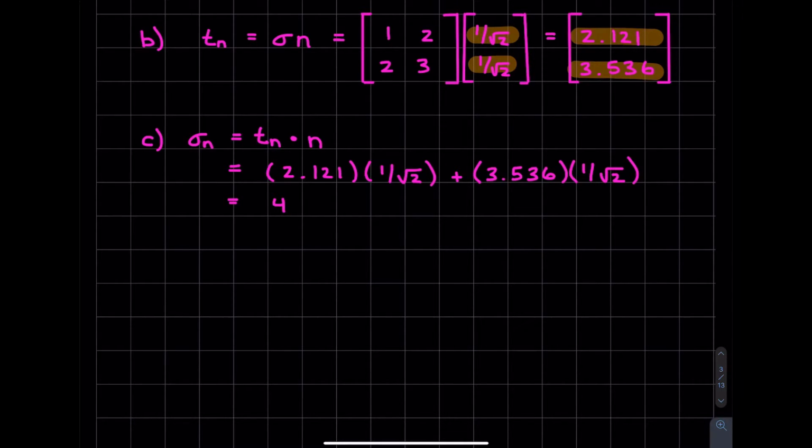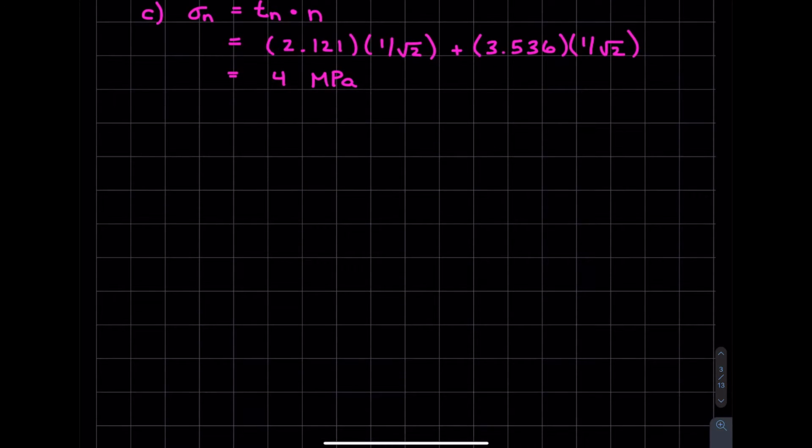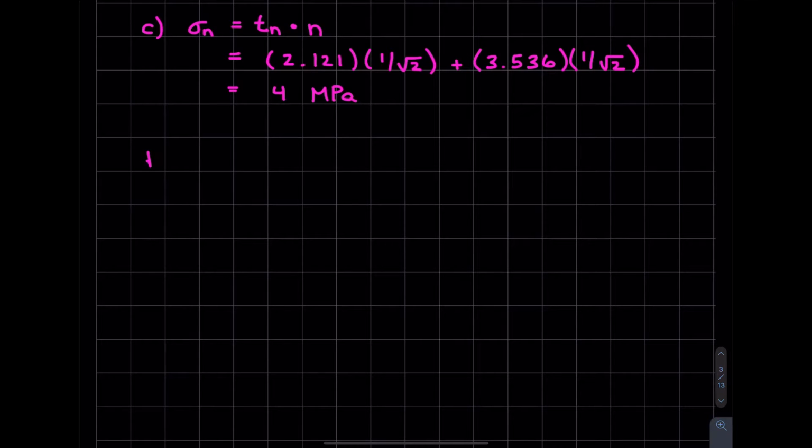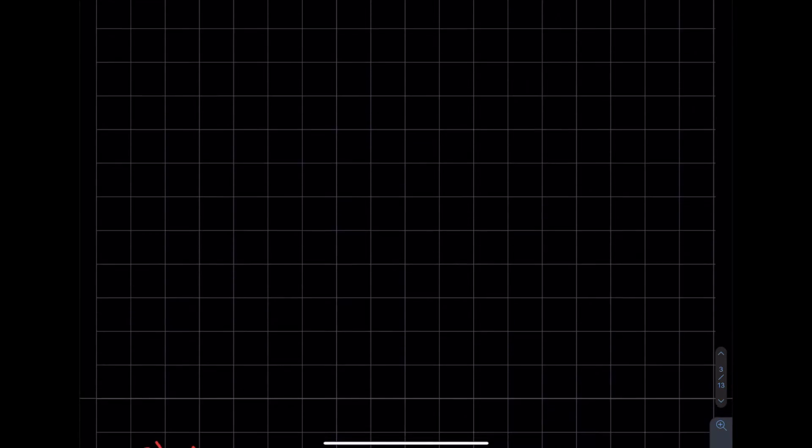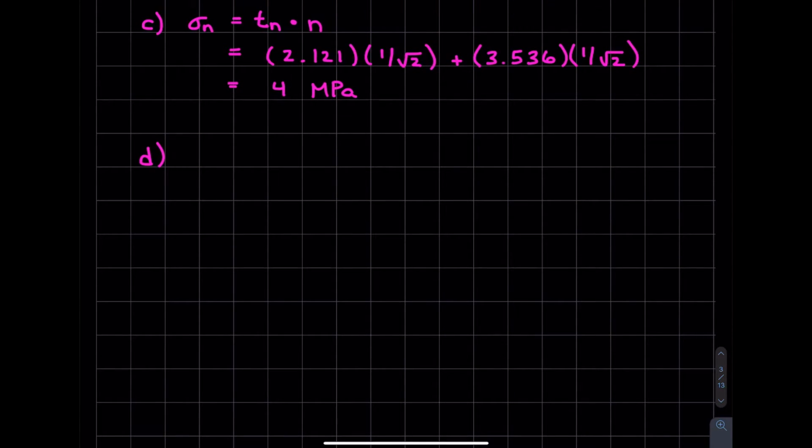But remember that this has units. This is our normal stress, so we should put 4 MPa. But again, it's not too bad. It's nice and easy. I come down a little bit and say, okay, last part of the question, part D. I'm going to check how much room I have. Oh, I got lots of room. Perfect. So part D wants the shear stress, which is denoted as tau, which we know is equal to the